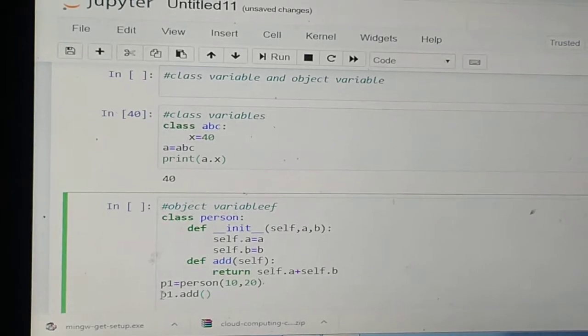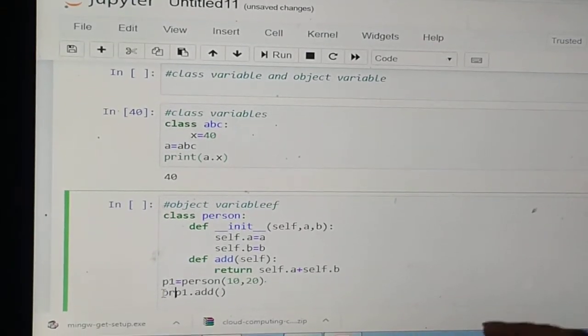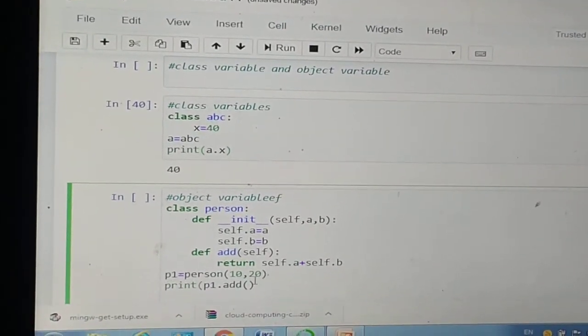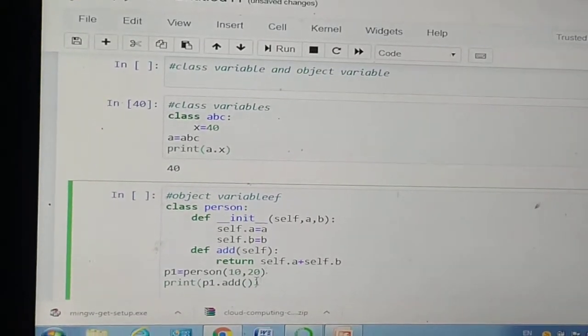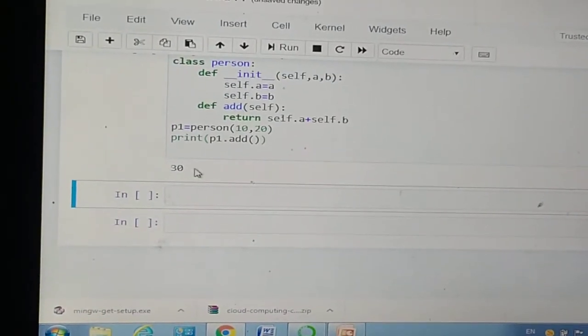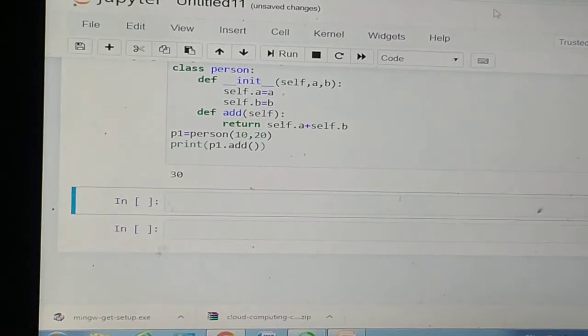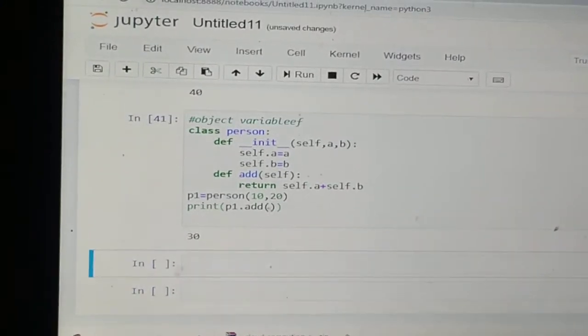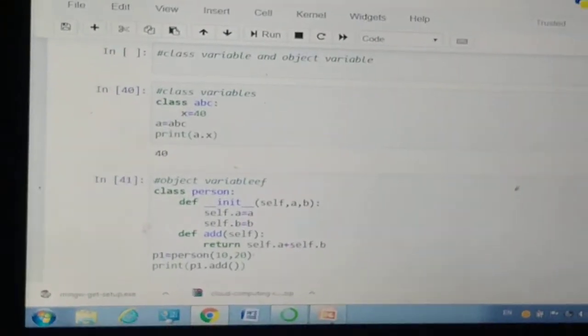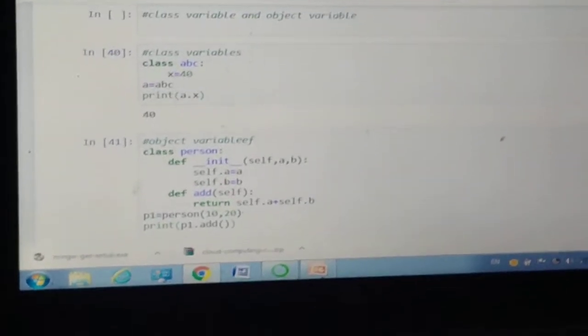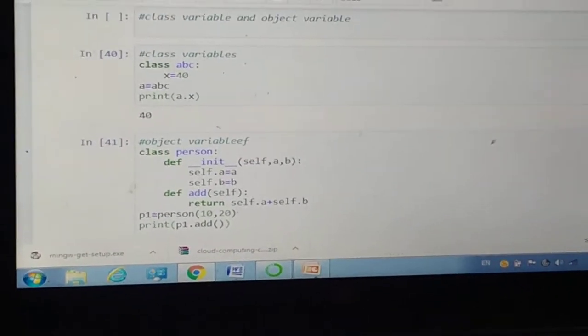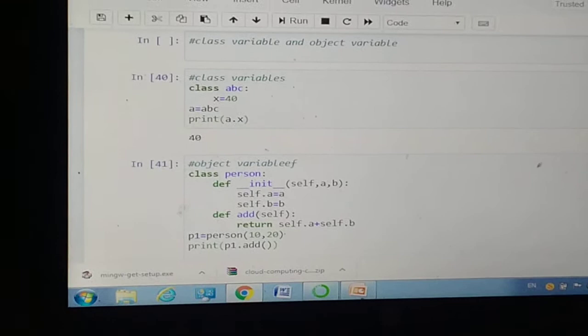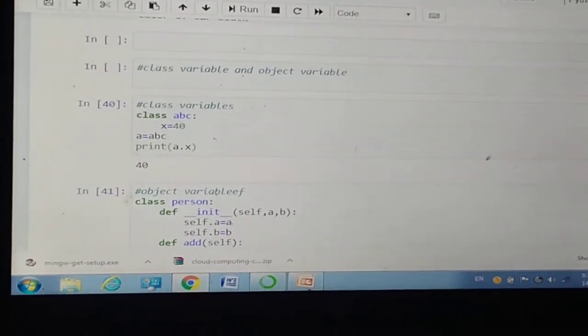So I need to write print p1.add. When you run this, it is going to display 30. This is the very basic example of class variable and object variable. A variable defined inside the class is a class variable, and a variable defined inside the method is an instance variable.